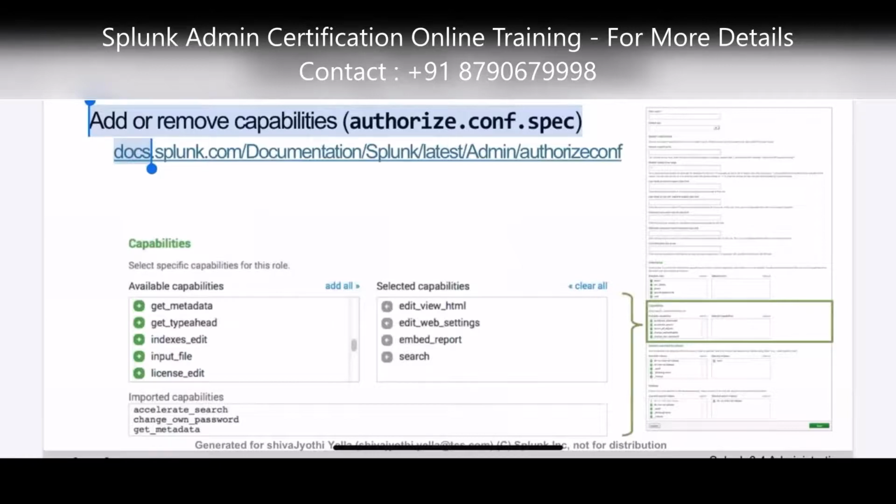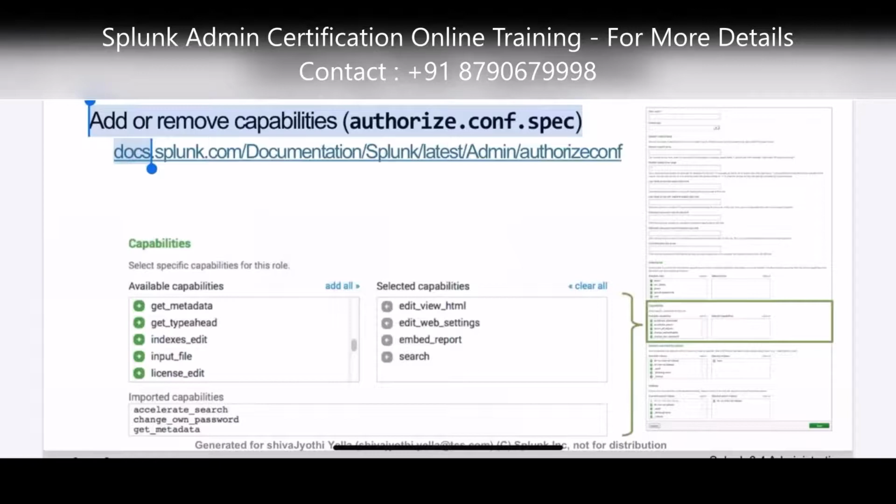You select from the available capabilities on the left side, click on it, and it is added to the selected capabilities. Then I'll add the DB-related capability so that the user can create the connection without any issues.